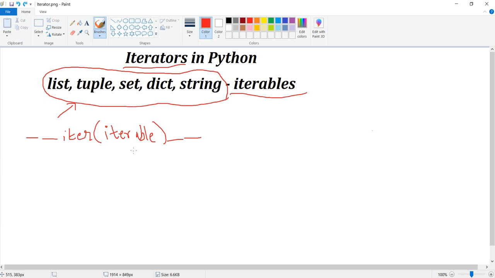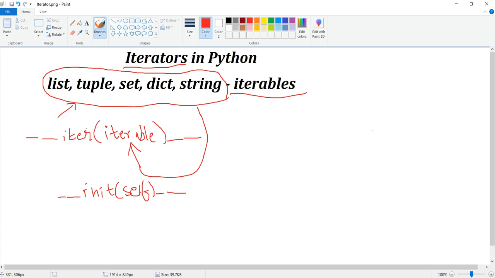So __iter__ takes an iterable. Like if you look at the __init__ method, it takes a parameter that is self. Now with __iter__, it takes an iterable. What is an iterable? We have just discussed that: list, tuple, set, and dictionary.